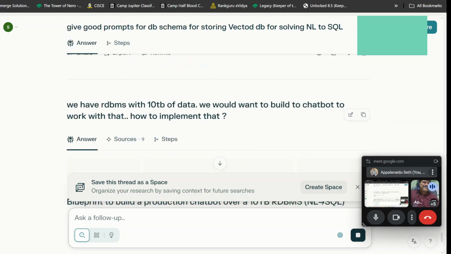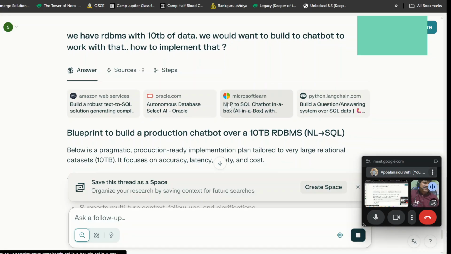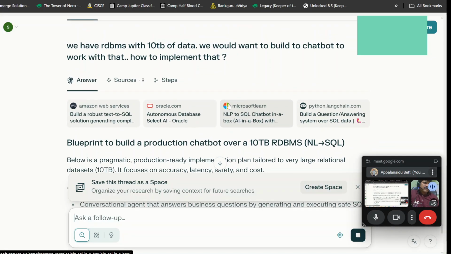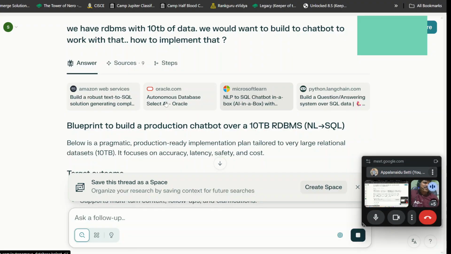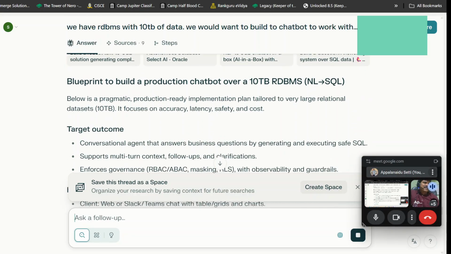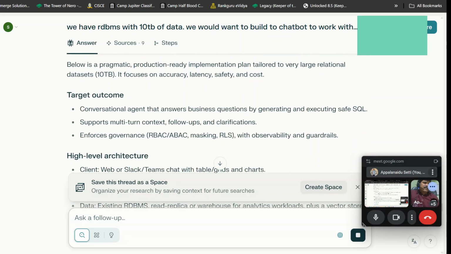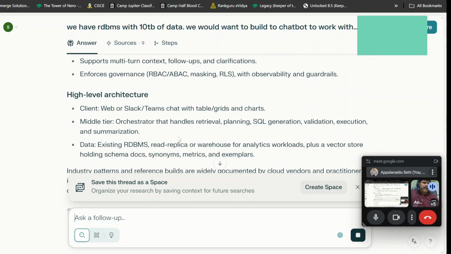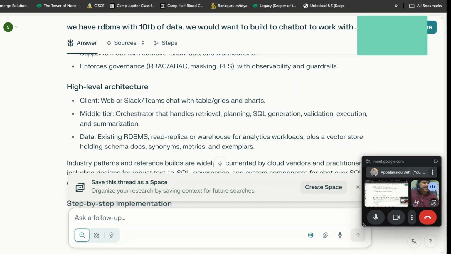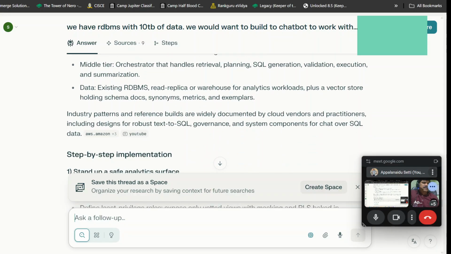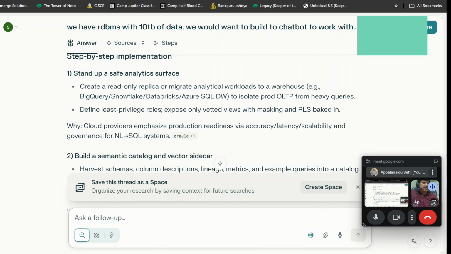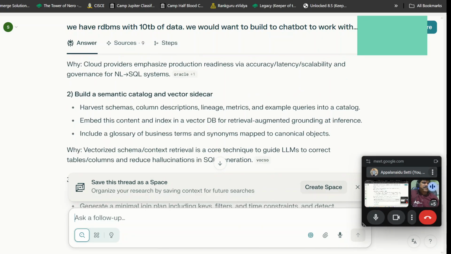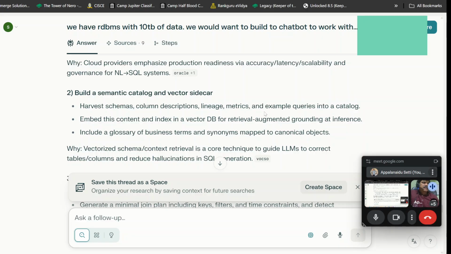It is reading all the articles. Here, Perplexity is doing an amazing job. See, it is reading all of NL to SQL, chatbot, autonomous database, selecting a robust text to SQL. All of these are solutions only. A blueprint to build a chatbot application for an RDBMS target, a conversational agent with RBAC, high-level architecture, stack, middle tier, client, web tier showing tables, grids and charts, step-by-step implementation. Analytics source: build a semantic catalog and vector store, harvesting schema and column description lineage into the catalog,